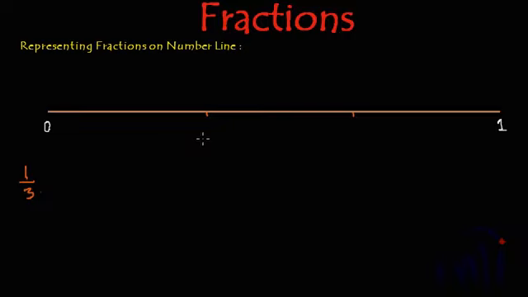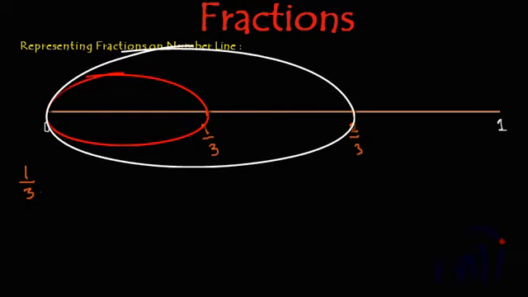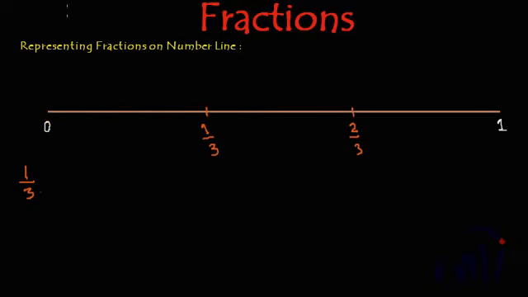And below the bar we will write 3 on both the places, and after 0 we get 1. So this point will be 1 by 3, and after 1 we get 2. So this point will be 2 by 3. So this much is 1/3 and this much is 2/3. So this is the number line where this point on the line represents 1 by 3 and this point on the number line represents 2 by 3.